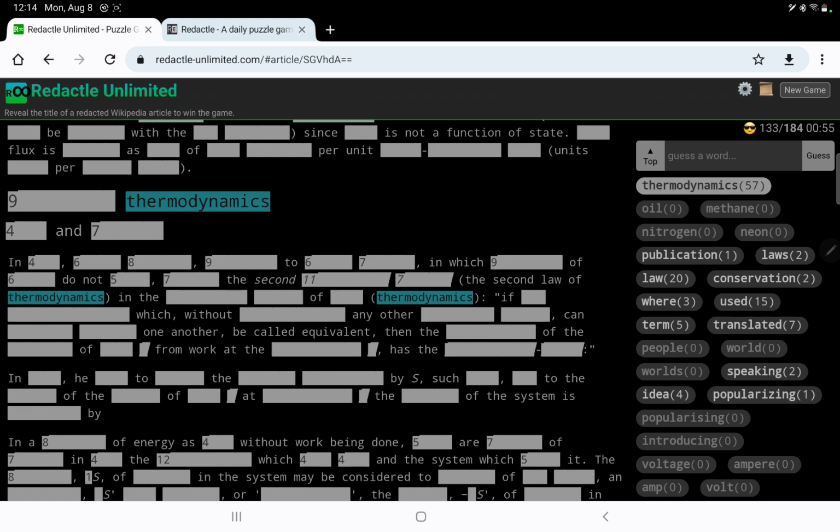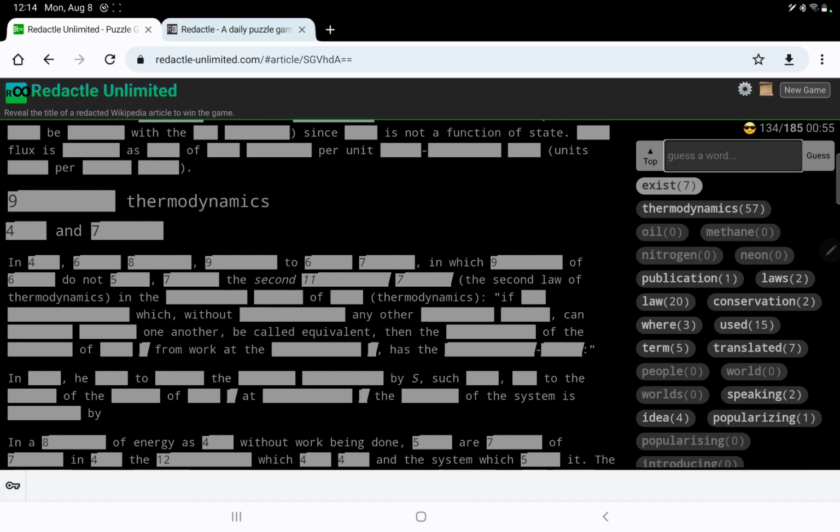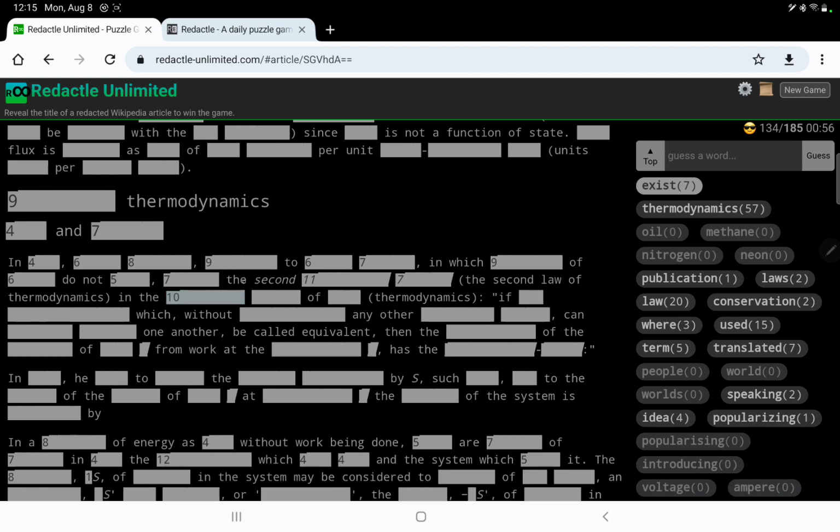Oh, is that in some language? So I think the in 4 is in some year, and then I think 6, 8 might be the person's name, and then maybe 9 to 6, 7, like coming to some place or something in which 9 of 6 do not exist. No, we do have 7 exists. In the